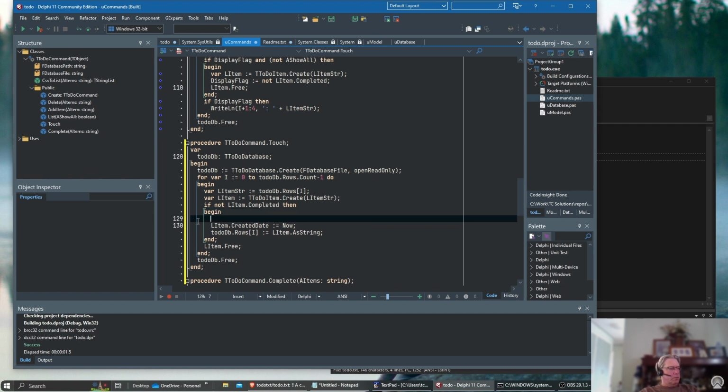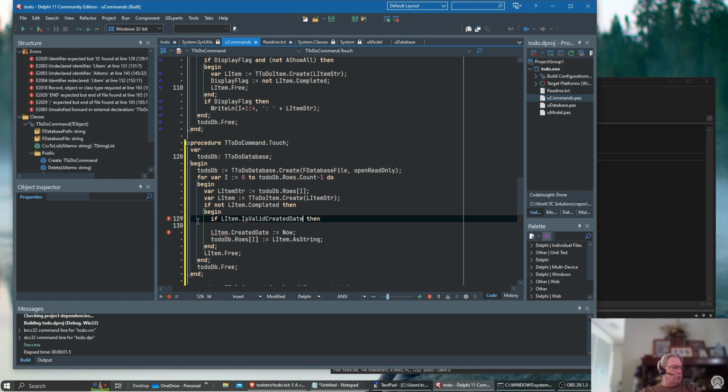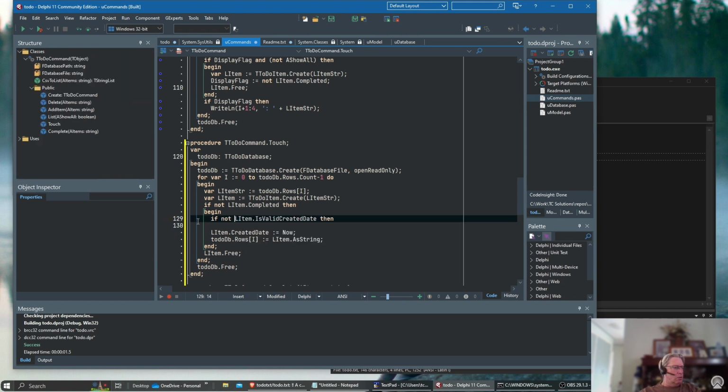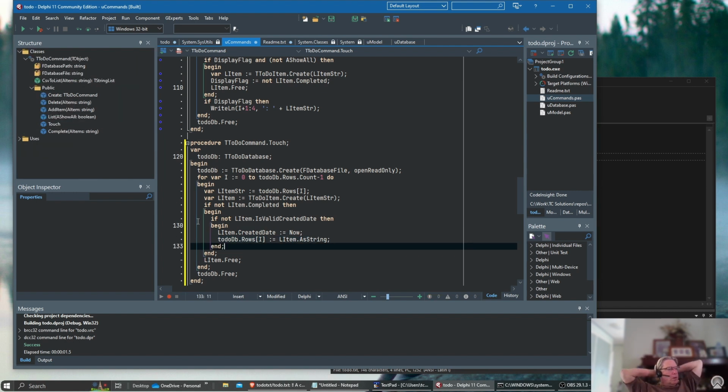So if it is valid, if not, because I'm allowing a person to set it manually, you know, so there's that one. And here I also want to open it in read write mode, so that when I do free it, it will save it back out. So if it's completed, and